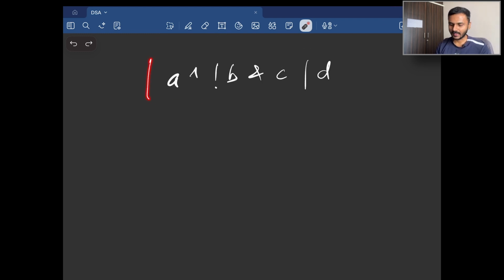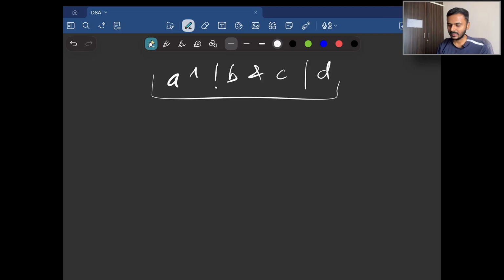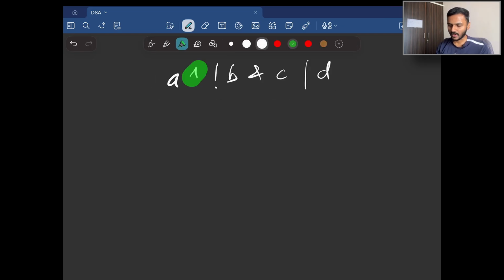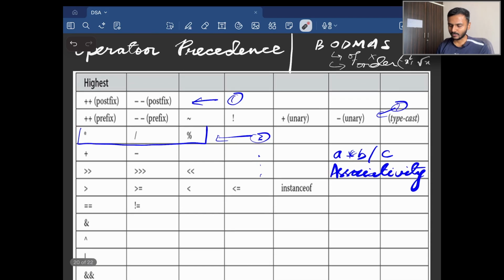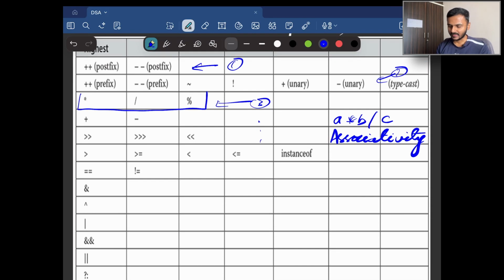Now let us come back to this expression. I had said that this expression can be evaluated, of course, but to understand what it will evaluate to, you'll need to know operator precedence. Now, having discussed operator precedence, let's talk about this expression. So we have got 4 operators here. And if we come back to the operator precedence table, we can see the operators that we had used are this,